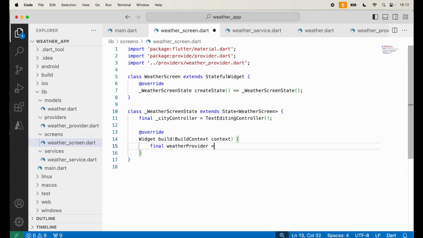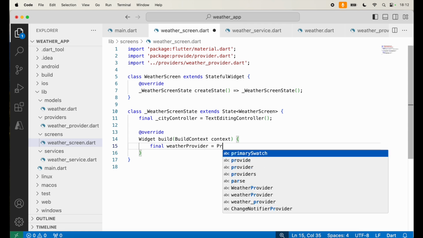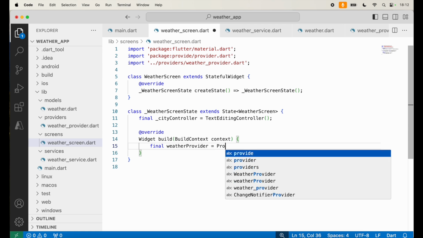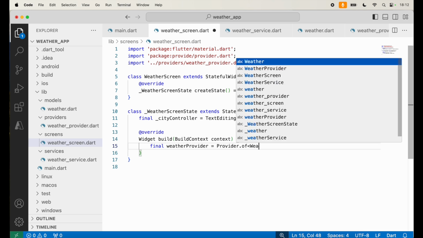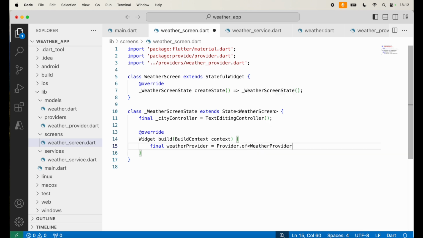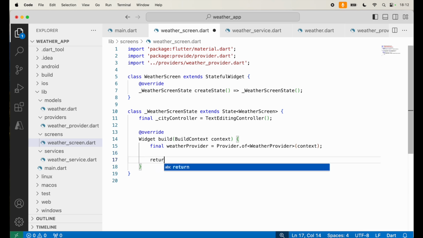Some people like to use underscores in between. I like to use camel casing, and provider dot of this, in this case, weather provider, and pass the context to it. So that will give me the weather provider. Next, I am going to return a scaffold for the screen,